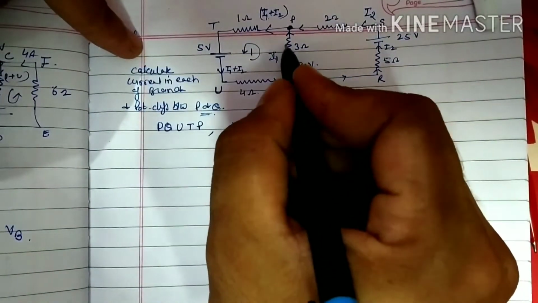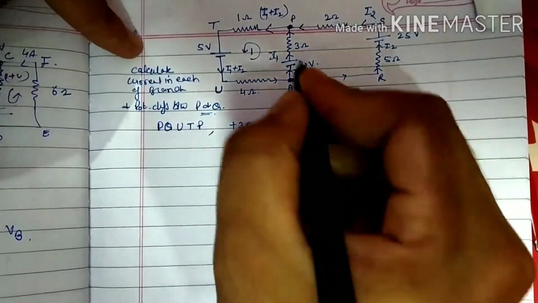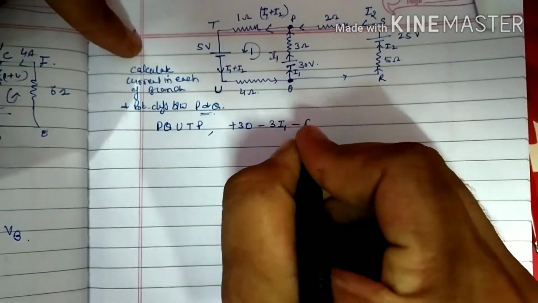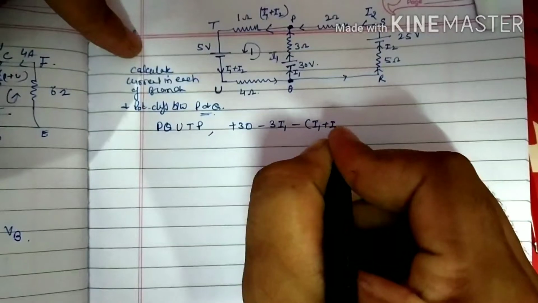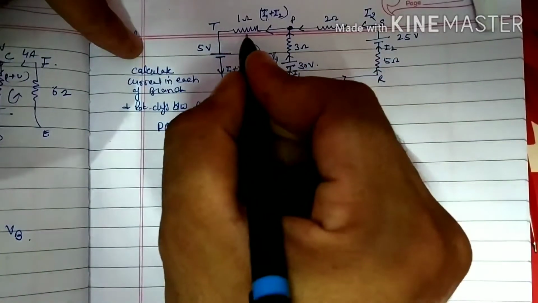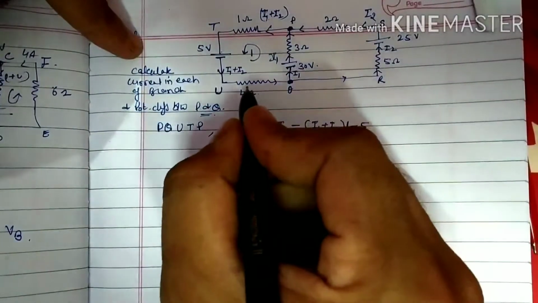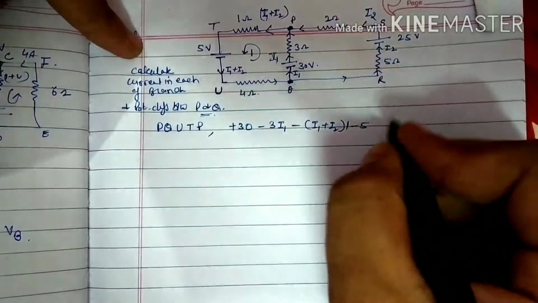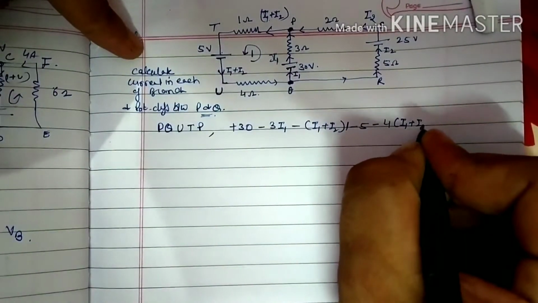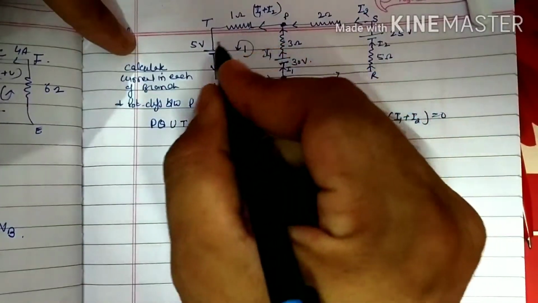अब देखो my direction और current both are same, तो क्या आएगा, negative sign 3I1 here. अब देखो मैं भी इधर जा रहा हूँ, current भी इधर जा रहा है, तो with minus I1 plus I2, और यहाँ पे क्या है 1 है, तो 1 multiply कर दिया, ठीक है। फिर यहाँ पहुँच गया हम, low potential, तो minus 5। अब यहाँ पहुँच के देखो मैं भी इधर जा रहा हूँ, current भी इधर जा रहा है, तो आएगा minus 4 times I1 plus I2 is equal to 0.